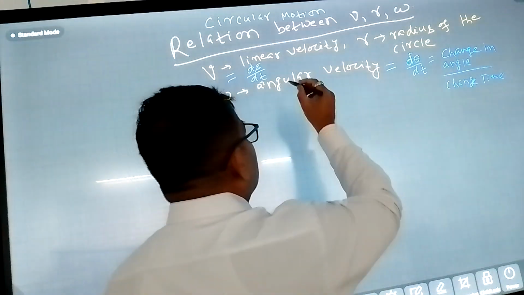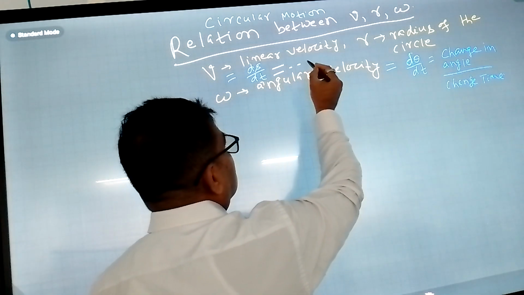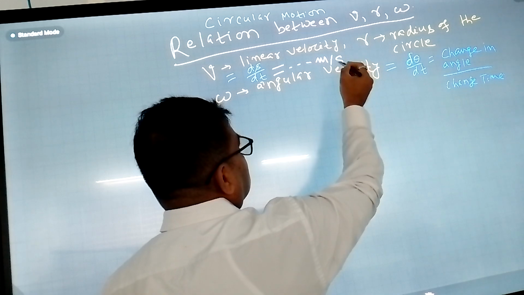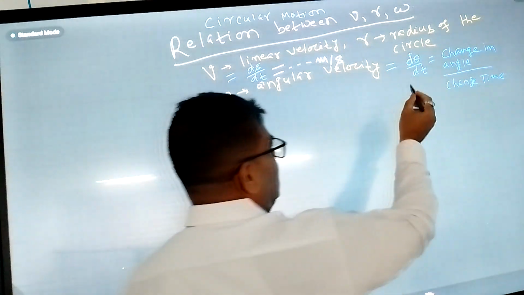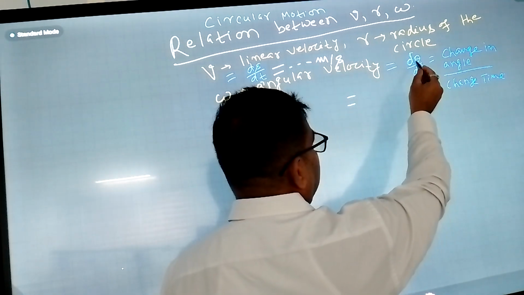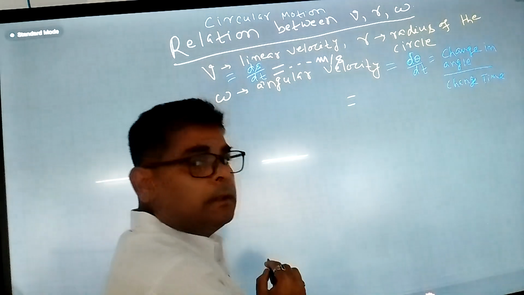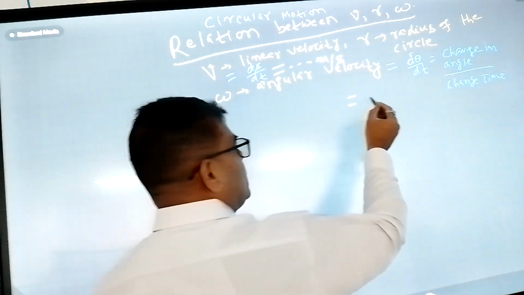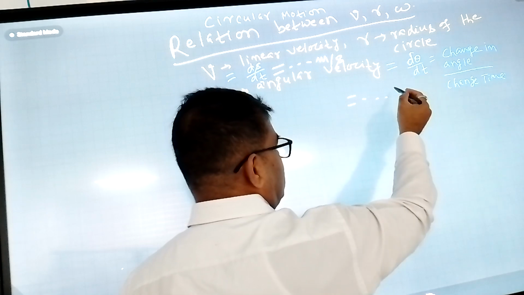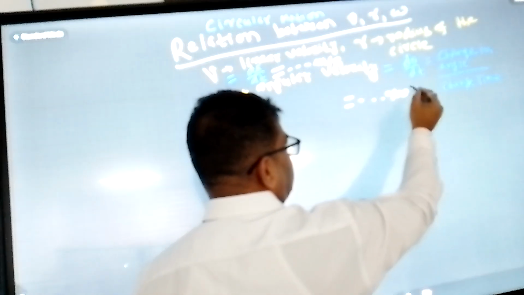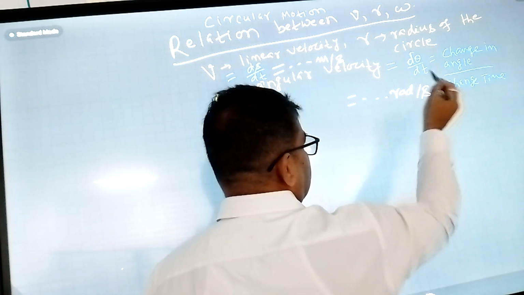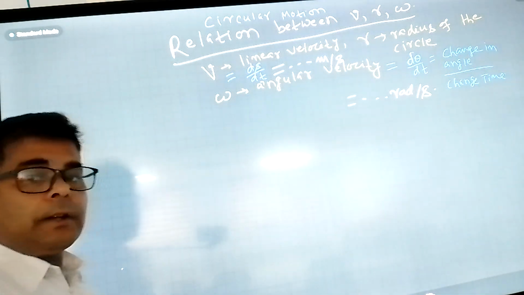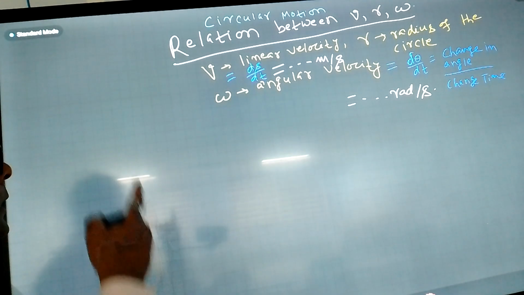Okay. If you talk about the unit of velocity, you know that displacement is in meters and time is in seconds, so the SI unit is meter per second. But here, theta is in radian, because in circular measure theta is measured in radian. So this is radian and this is second. Its unit is radian per second, or rad per second. Now let's try to establish the relation between